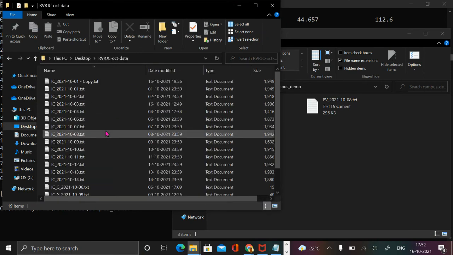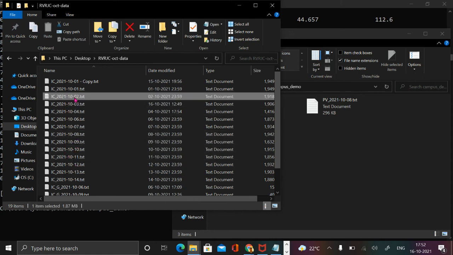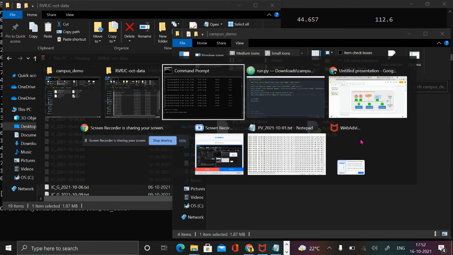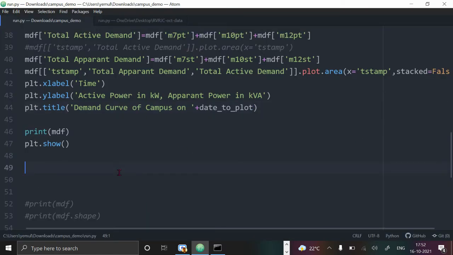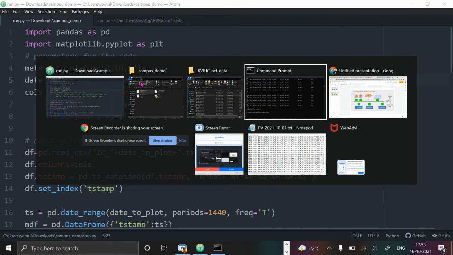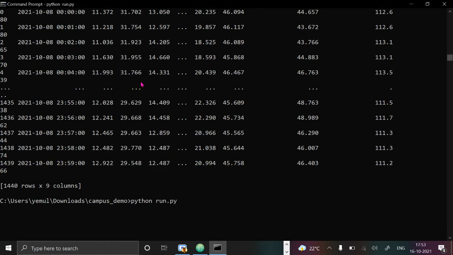Let's say I get the data of 2nd October. I paste it here. So now I have data of two days. So instead of that, I can give 2 here. The same code will now run and show me a different result.